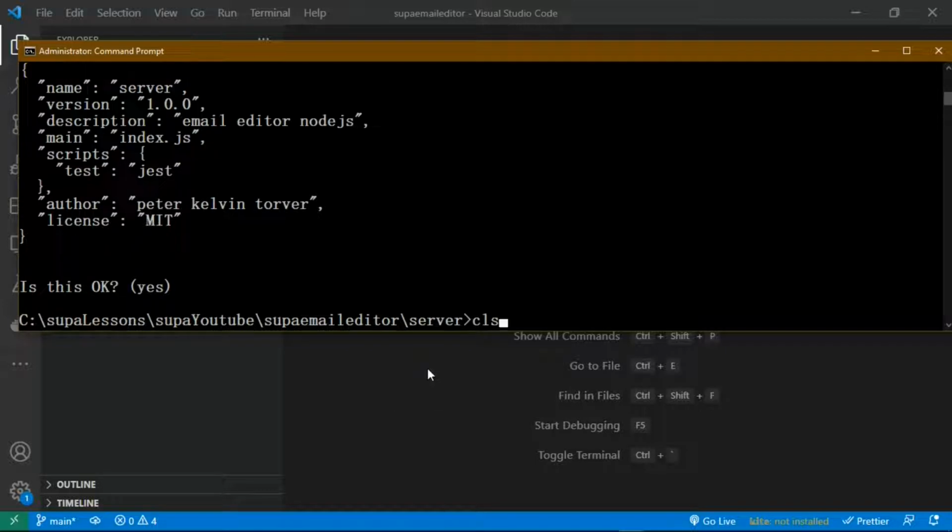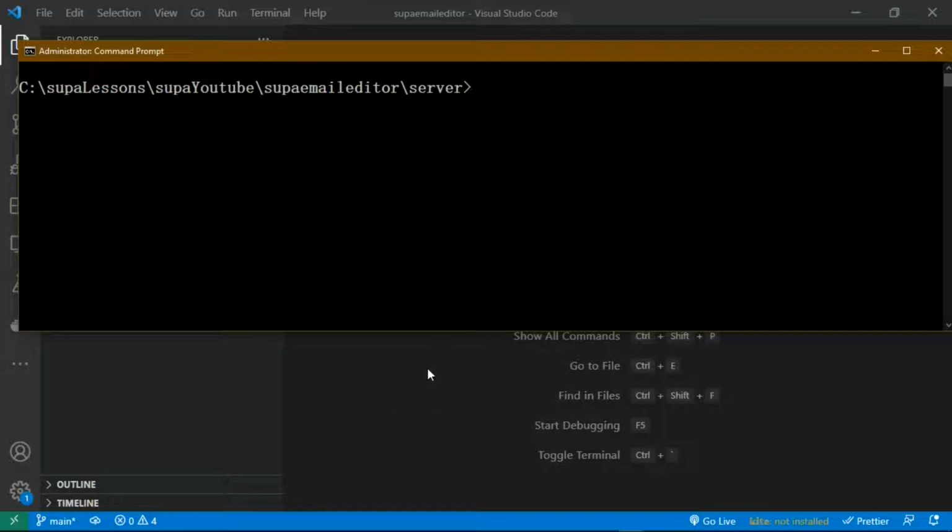So right now we have to go ahead and install all the necessary packages. We just need to run this command: npm install express, compression, cors, helmet, dotenv, mongoose, multer,